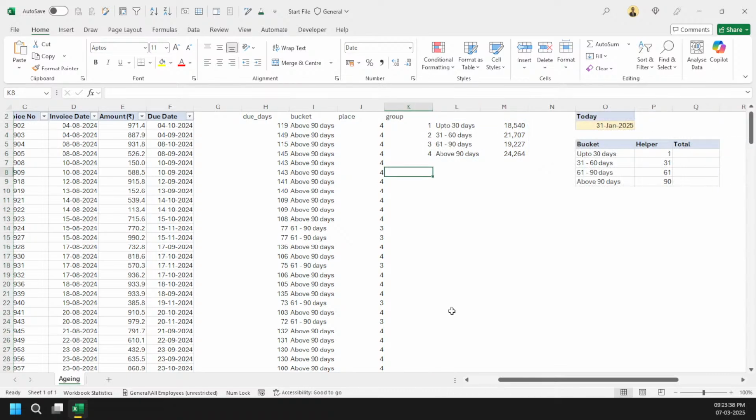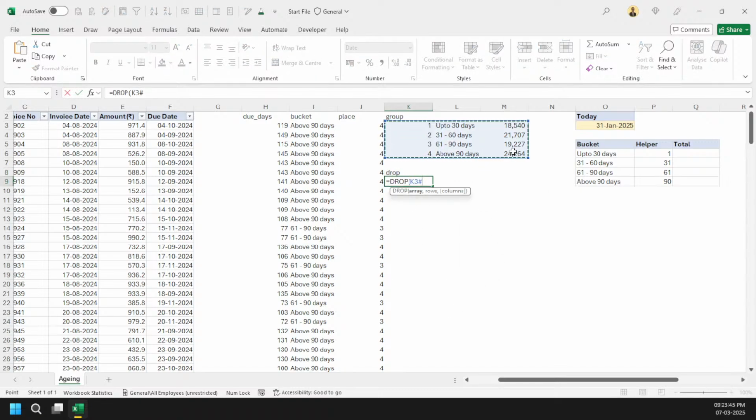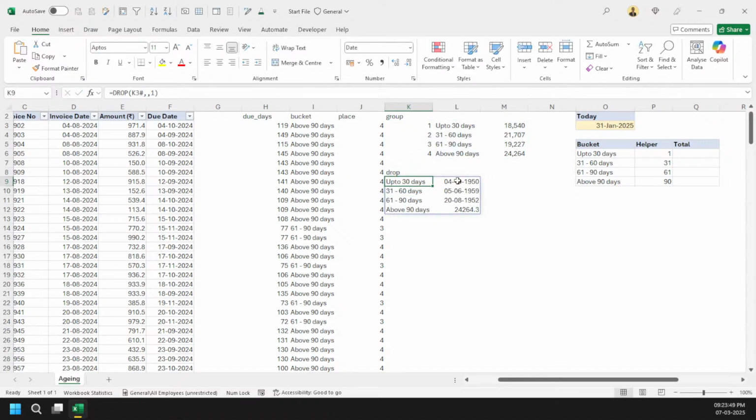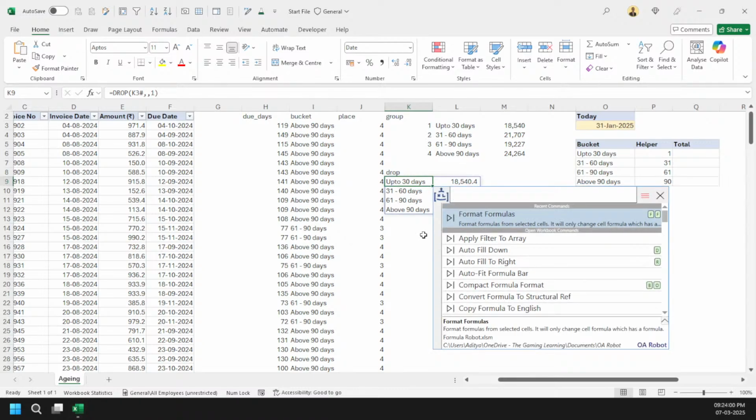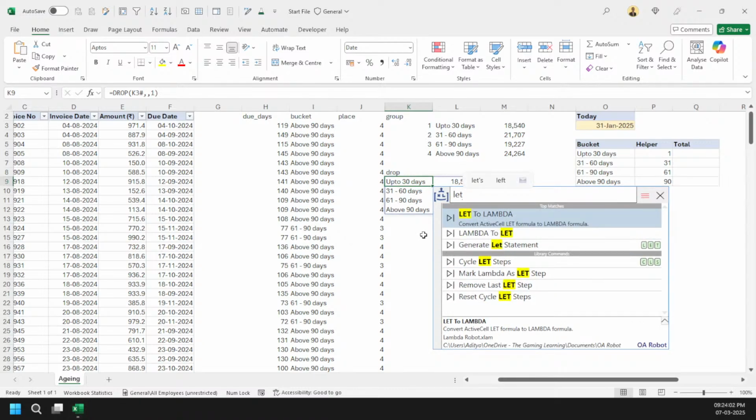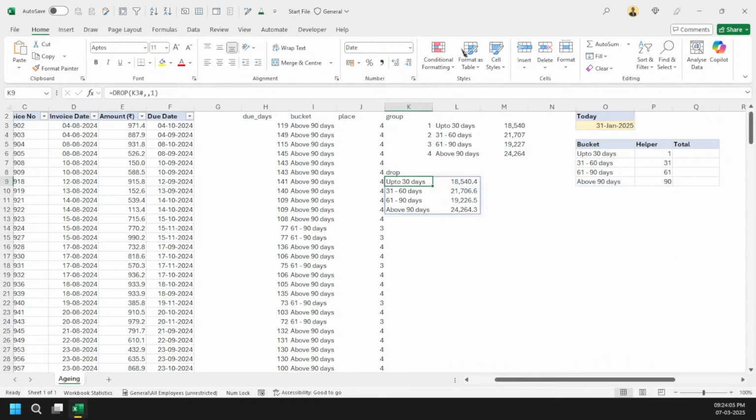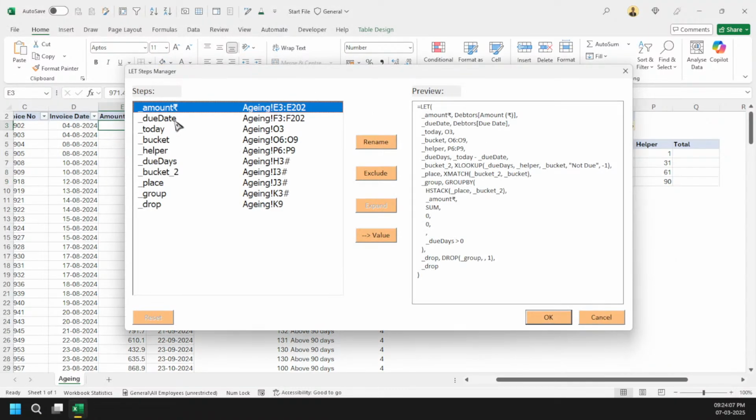So what can I do? I'm going to drop the values. So I am coming here. I'm going to drop my first column. So that's the whole idea, right? Just see here. I've got one cell formula here. Now what can I do? I can come here and say a LET statement. You can do it manually as well, but I like the LET statement. So I'll name the due date.